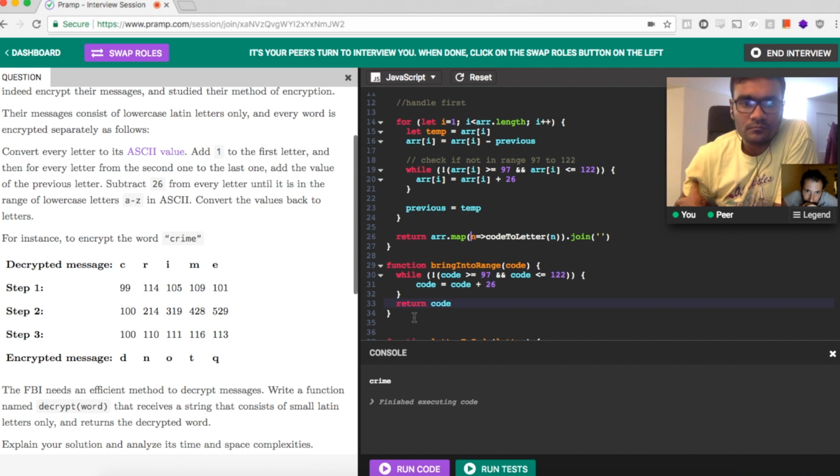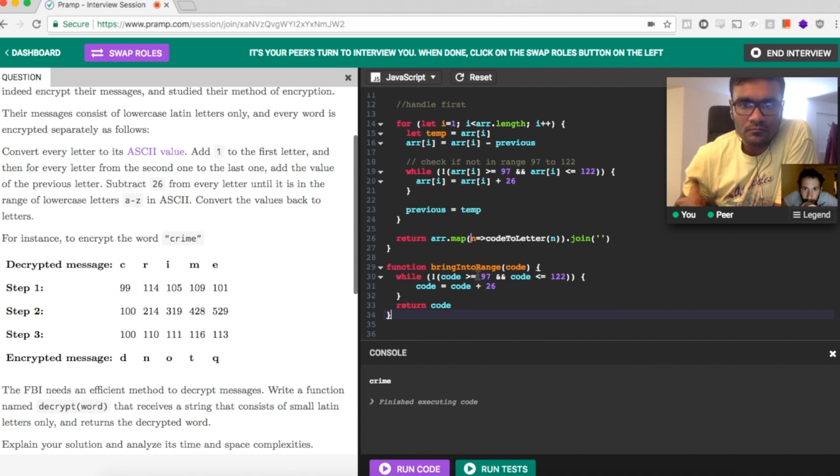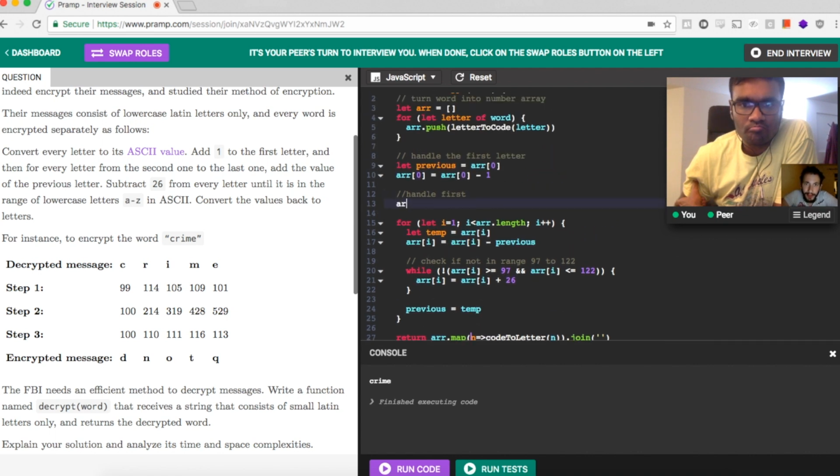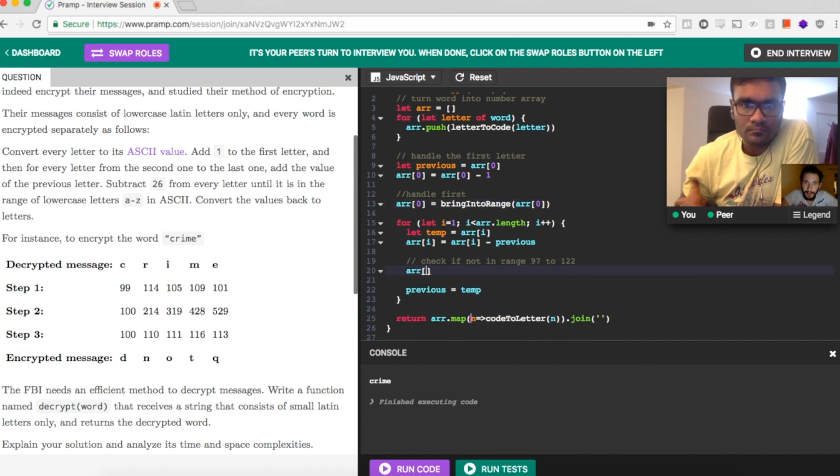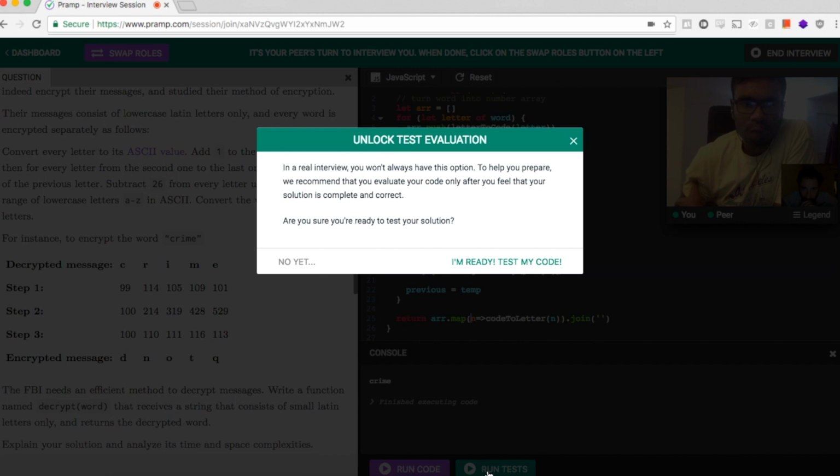Maybe return. Wait. So what I can do now is zero is equal to, similarly here, range array. Yeah. So let's run the tests actually,